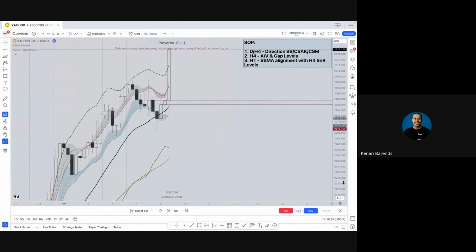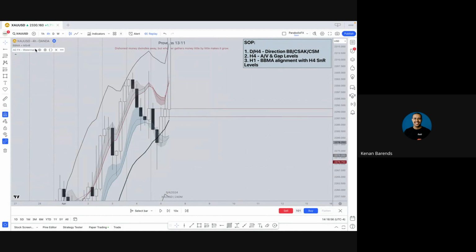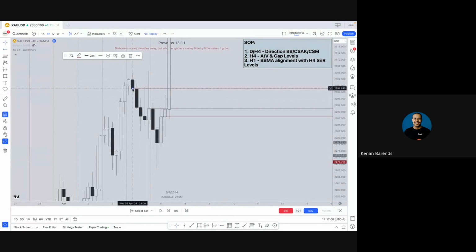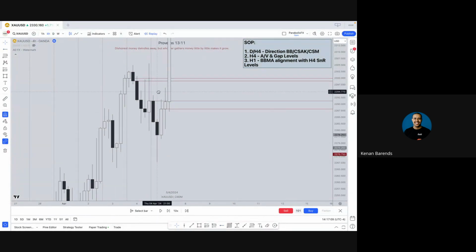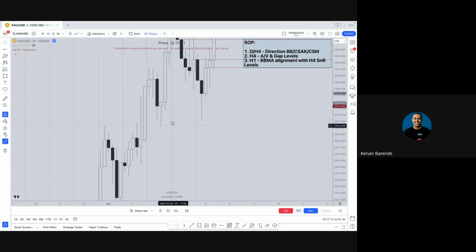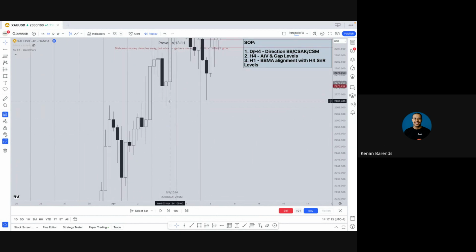So for example, over here. Let me just turn this off. This is a gap level that's fresh, this one over here, where price reacts from. But that's also unfresh. Okay, sorry, that's not a good example. There was an example I saw earlier here somewhere. But basically what I'm saying is,